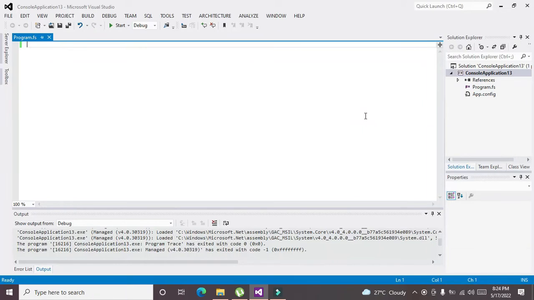So today in this video tutorial we will learn how to concatenate two strings within the F# programming language. For it, first of all, we have to declare two string variables, and we know that in F# we need to write the let keyword in order to declare a variable. So we will write let and then a is equal to